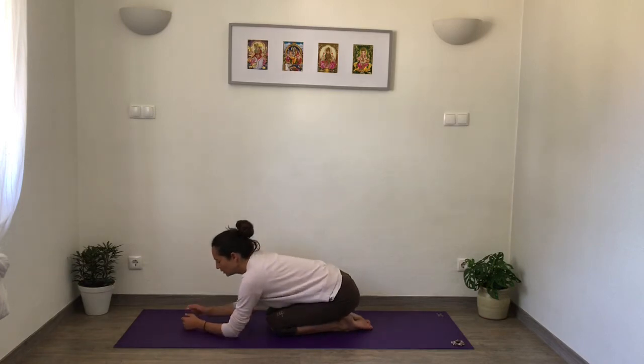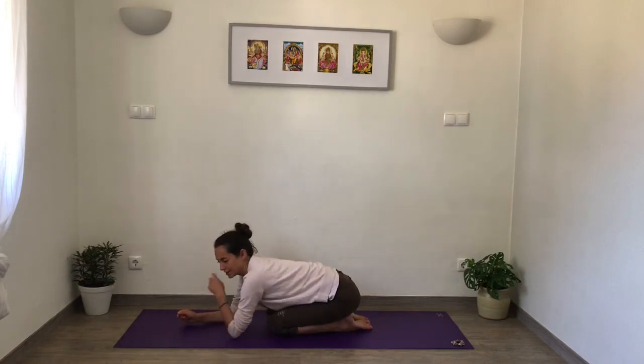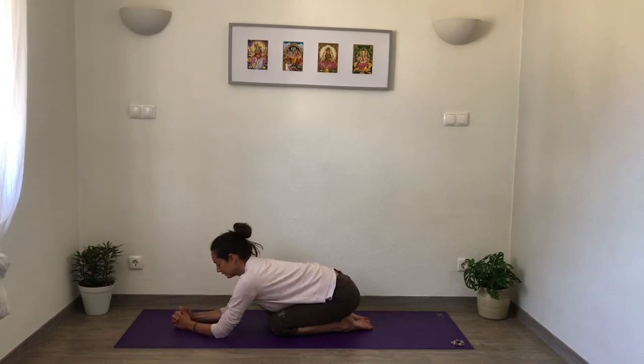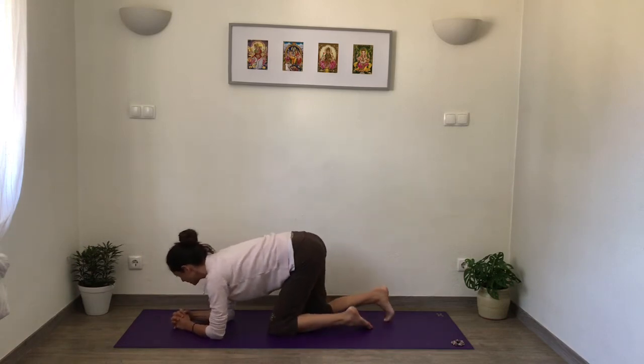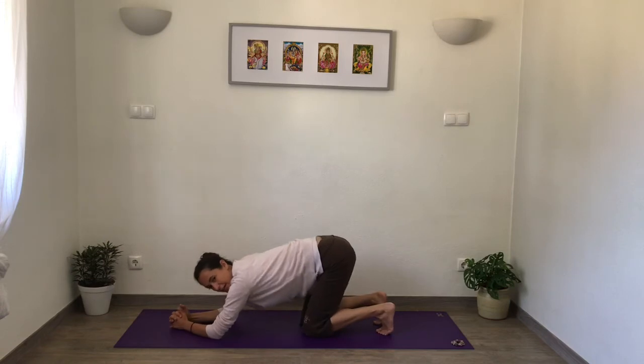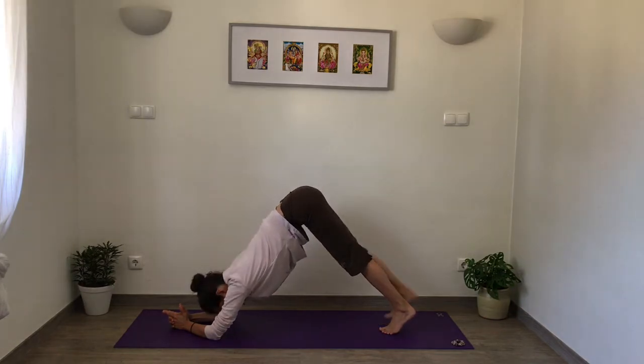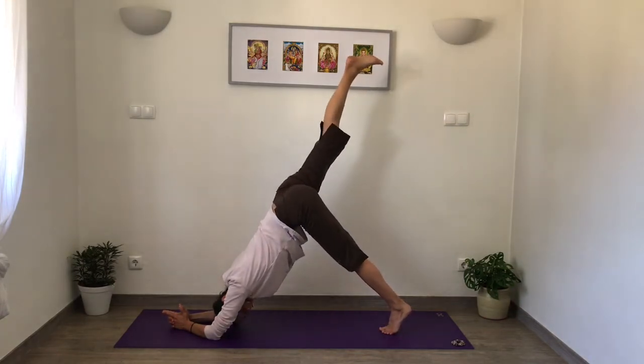And then we'll come into preparation for dolphin pose again, where the forearms are on the floor. We'll interlock the fingers. We'll curl the toes under and lift into an inverted V shape, looking down towards the feet. And from here, let's lift the right leg up,